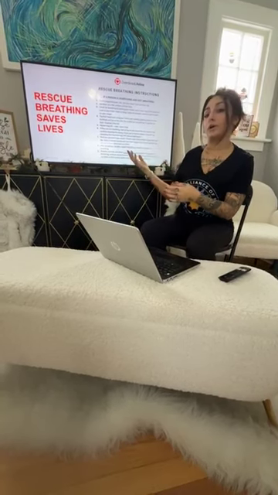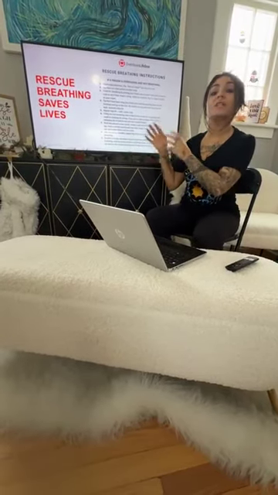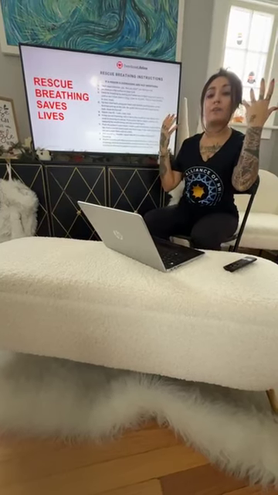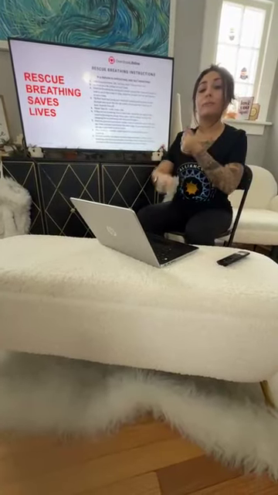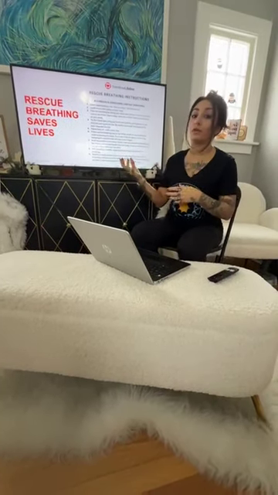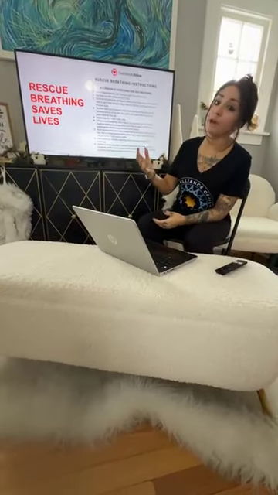We also, with Hope Alliance, have CPR face shields, and the reason we have that is for this, because we do want to encourage rescue breathing. There's been a lot of studies coming out that this is very important. When the brain doesn't have oxygen for about 5 minutes, brain damage begins to occur from an overdose. So even if we bring somebody back, they may have brain damage from that overdose if they're not receiving that oxygen to their brain. So this rescue breathing is very crucial, very important.